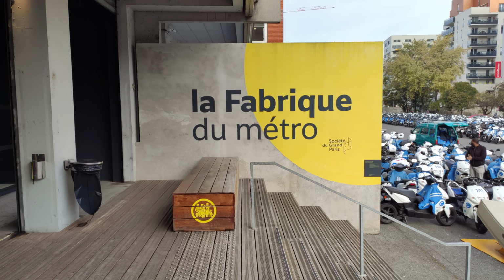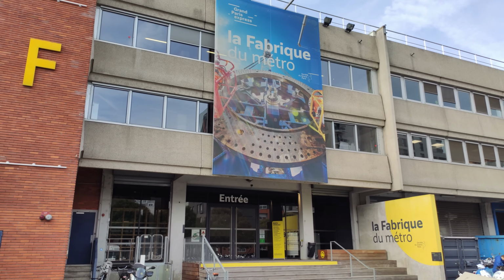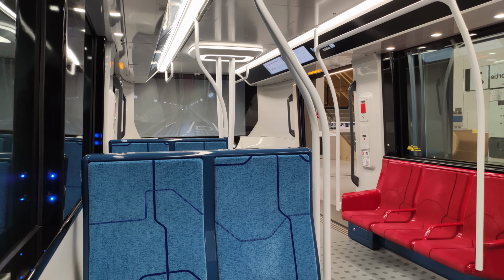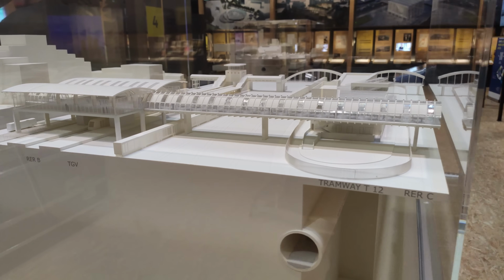Our journey actually began, though, at Fabrique du Métro, which is something every big transit project in the world could learn from, and so cool. Essentially, this is a public engagement center, as many big transit projects have, but it is of museum quality, and there is tons of stuff you can come see, which you should definitely do if you're in Paris anytime soon,